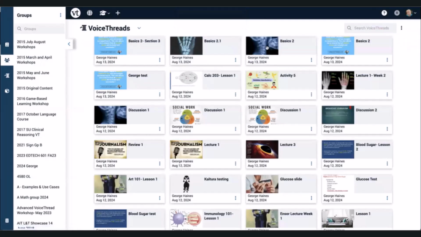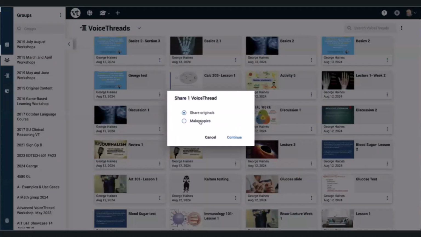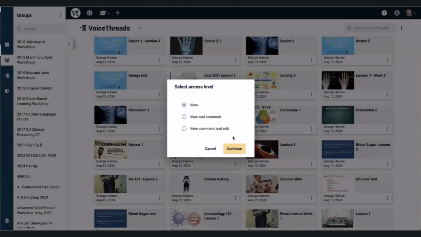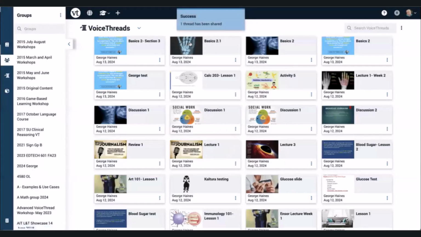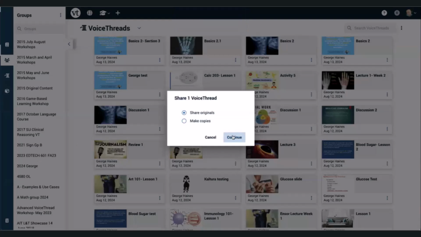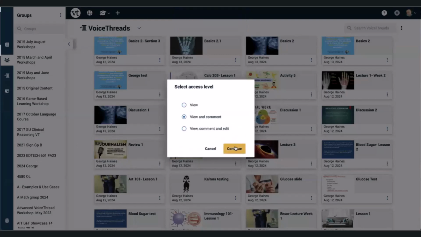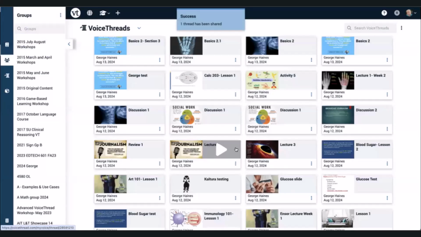Now I can take this VoiceThread and drag and drop this one. Let's say I want to share the original, click Continue, give everybody view and comment access. Most of the time, that's probably what you'll do.